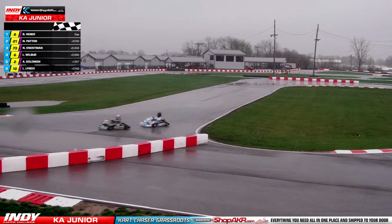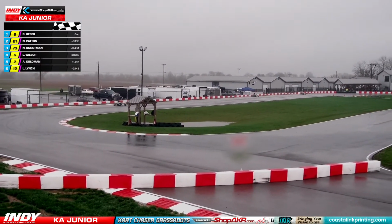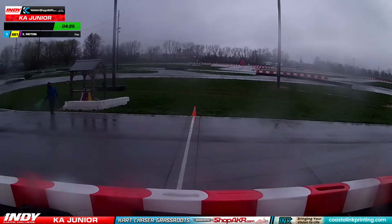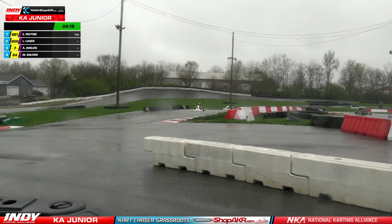245-point day. Evan Patton in second of the points coming in. Ryan Moore picked up a heat race win, is third in the standings. Andrew Avalos and Lucian Laser amongst the top 5 in their point standings. They're underway in the